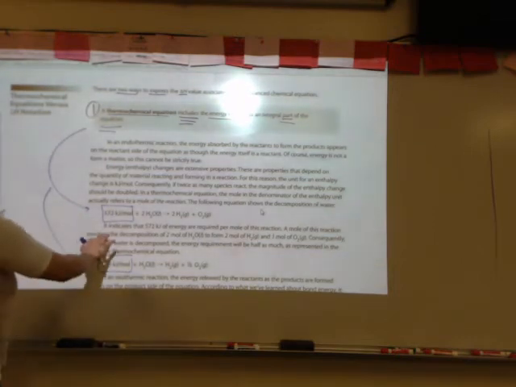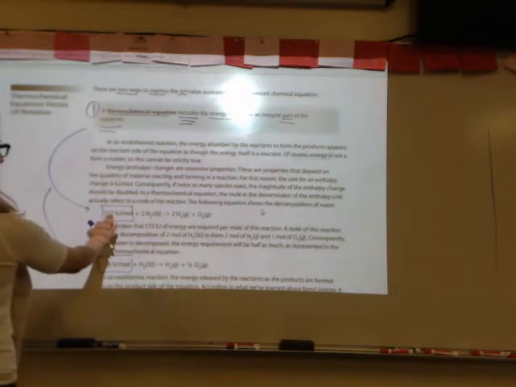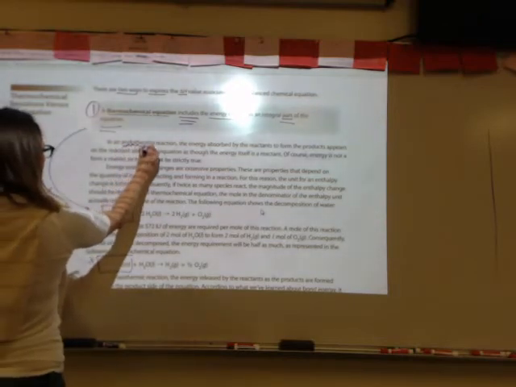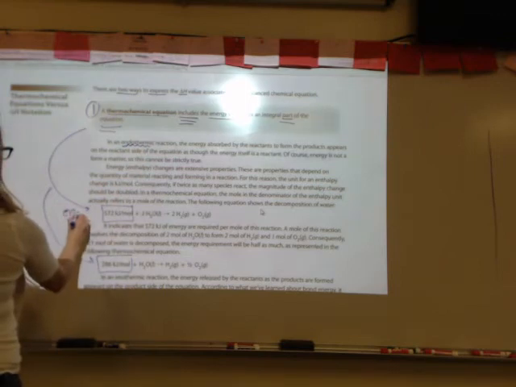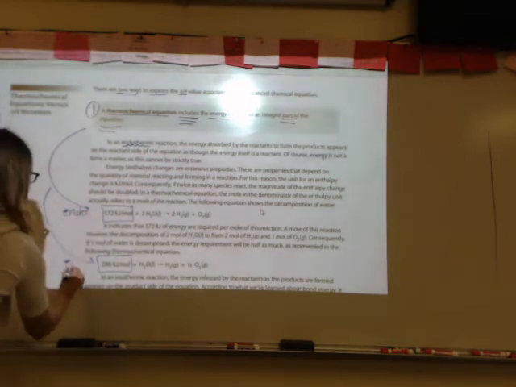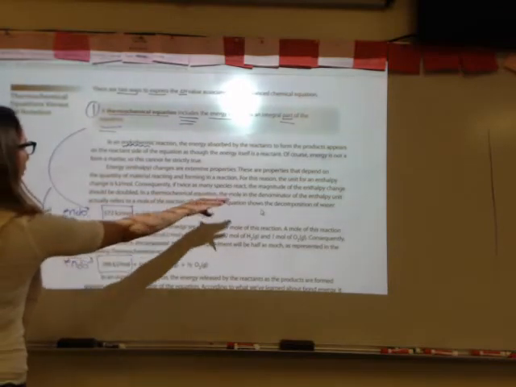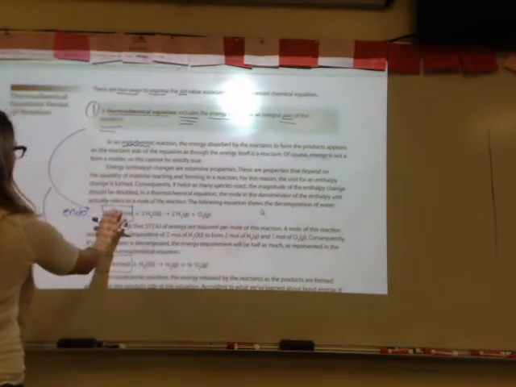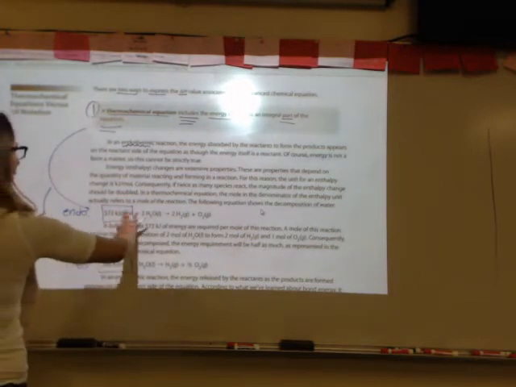Now, if you have the energy change being included on the reactant side, that is an endothermic process. So these are both endothermic examples. If you see these energy changes, when they're on the reactant side, it's endothermic. When they're on the product side, it's exothermic. Okay, now,